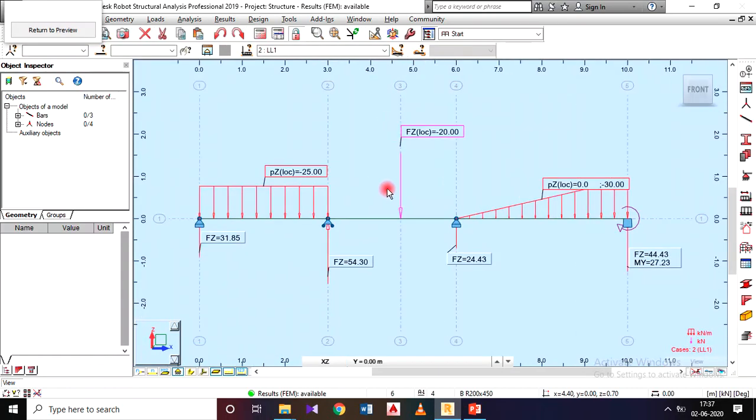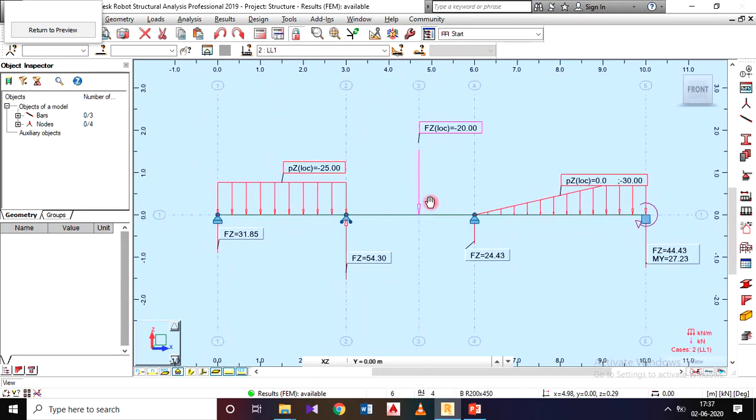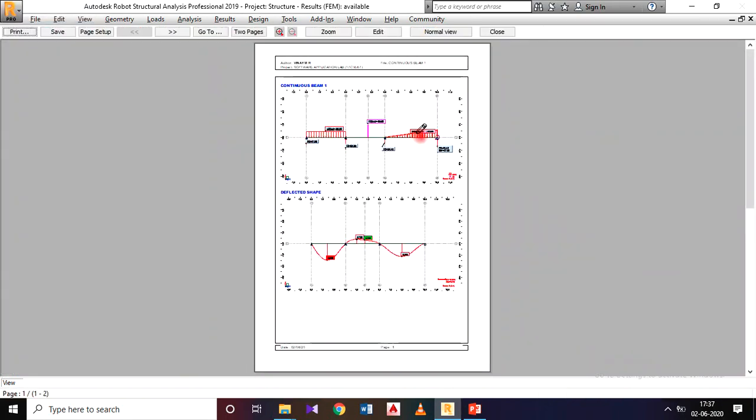Now zoom it by using your scroller in the mouse. Just maximize this up to your screen. Okay, now it is showing all the values within the area. After this, go for the return to preview. Yeah, it is showing within my area only with all the values.